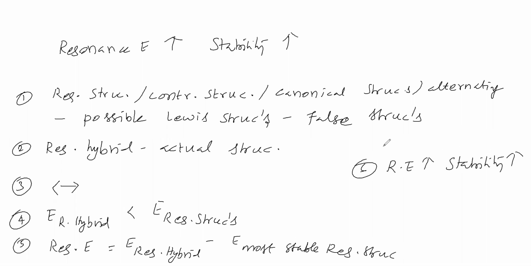Okay, the resonance concept is introduced in the valence bond theory. So, in the valence bond theory, how many concepts are there? One is the pure orbital overlapping concept. The next one is hybridization. The next one is resonance. These are introduced